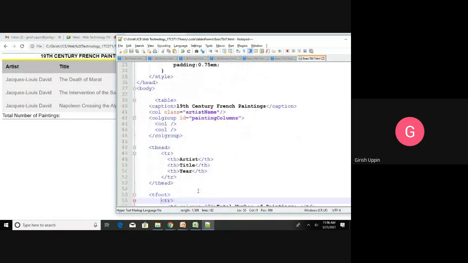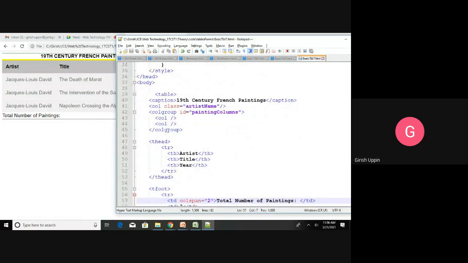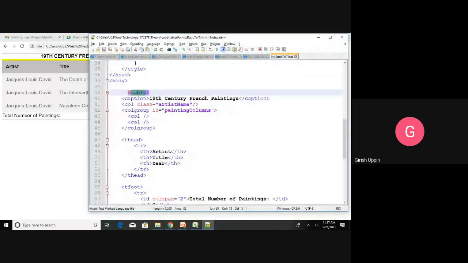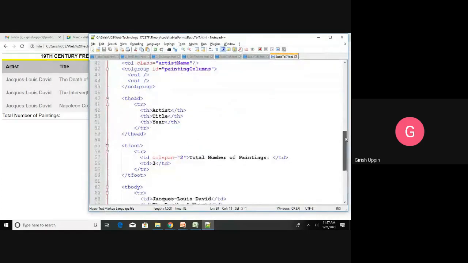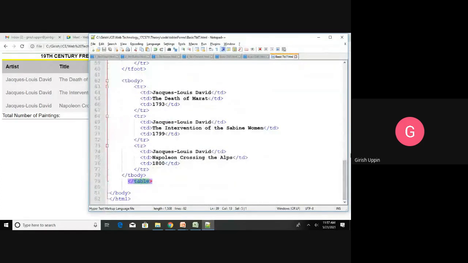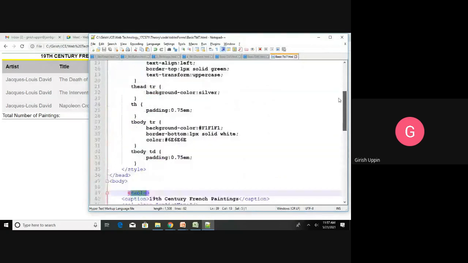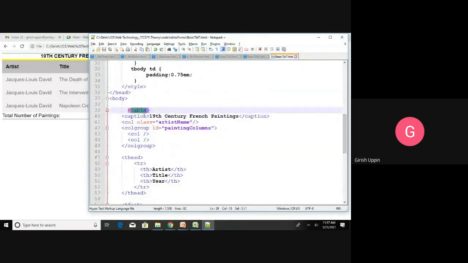So first we will go through the content of the html. We have a table, right? The beginning of this table is here, and the end of the table is here.